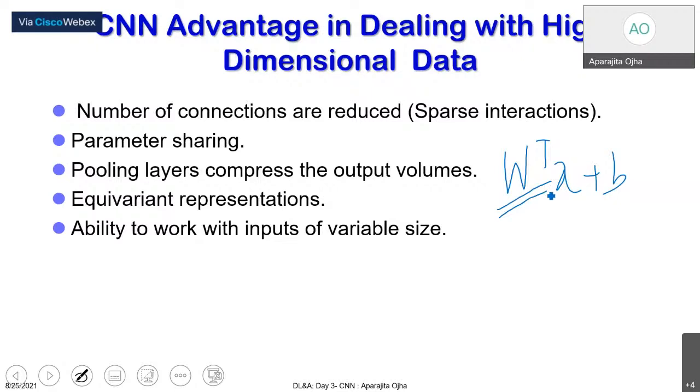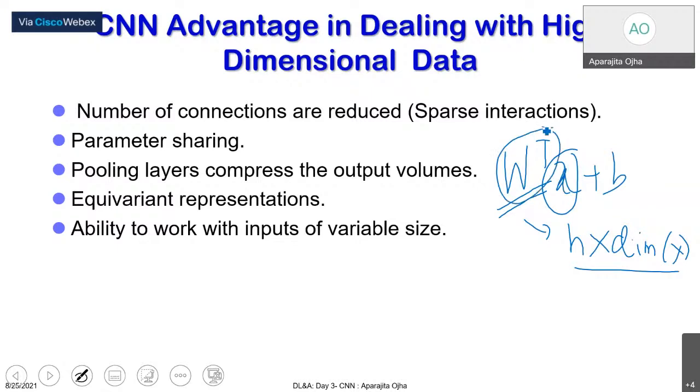It depended on the dimension of X. So it was the number of elements in the first hidden layer, H, cross the dimension of X, right? That was the